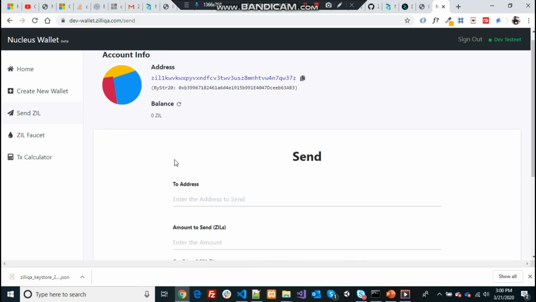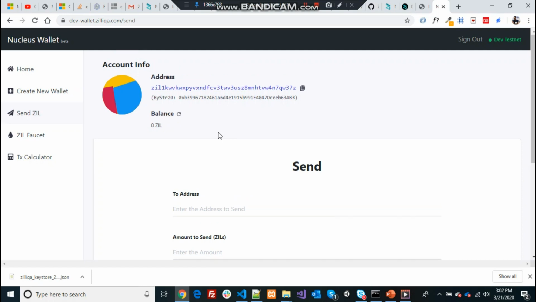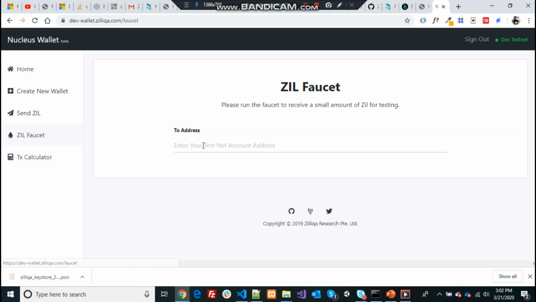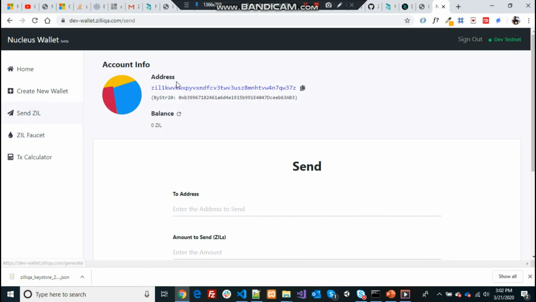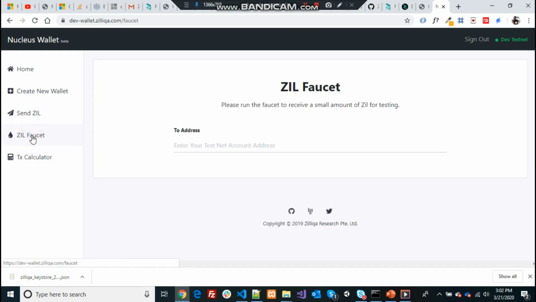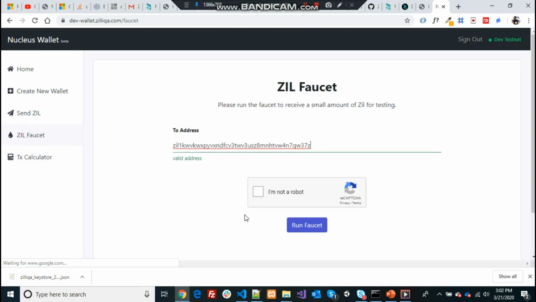At the moment, the reason I wanted to create this wallet is that it gives us some test coins, about 300 Zils, to use for testing purposes. How you get it is you need to go here and type the address of your own wallet. So let's go back in here. This is the address of this wallet. I'm going to copy this one, go here, type it here, and then run